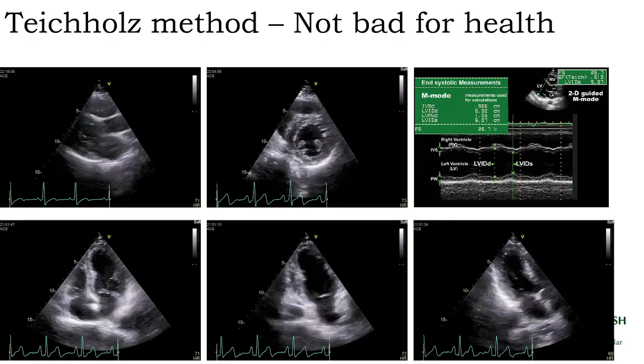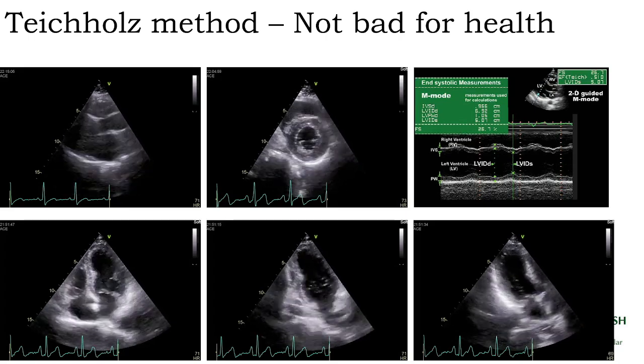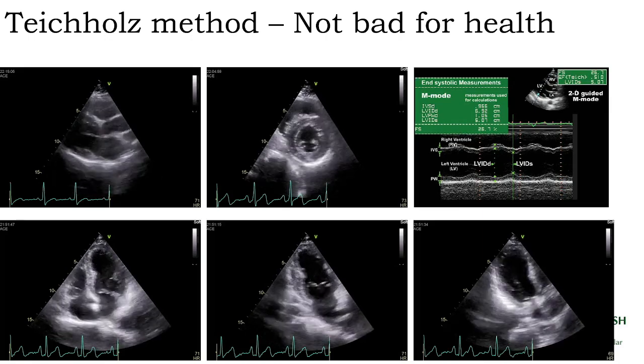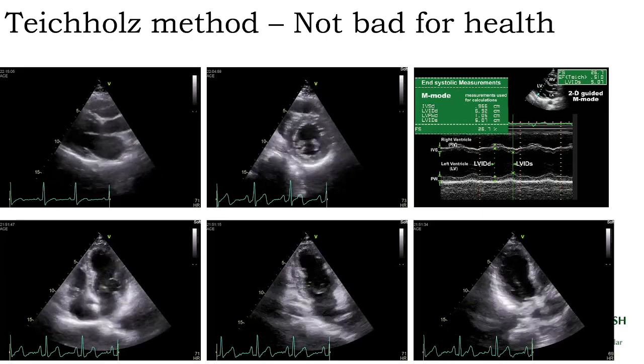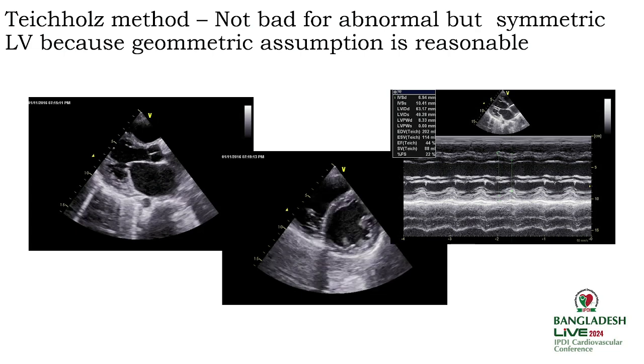You know that it considers the left ventricular section at the level of the tip of the mitral valve. So if you are dealing with a normal heart, this is not a bad one, and also in some abnormal hearts. Like a patient with dilated cardiomyopathy, ischemic or non-ischemic, or idiopathic, we think the heart is going to contract symmetrically, though poorly, and still in these cases this method is not a bad one, and it correlates well with the advanced methods.